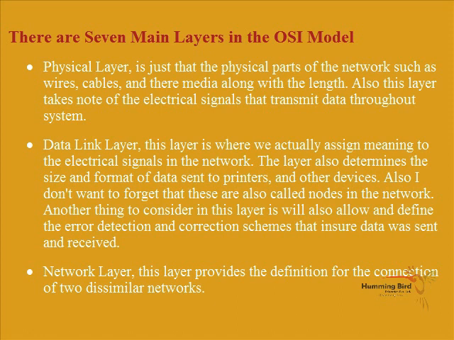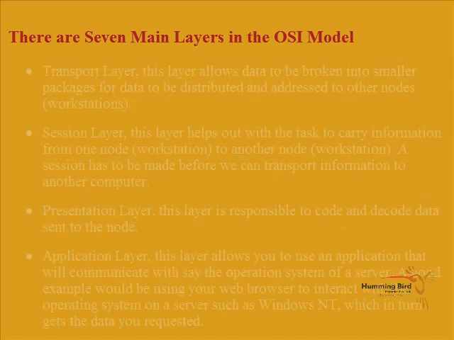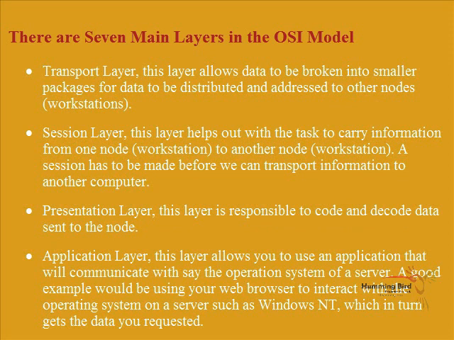Network layer. This layer provides the definition for the connection of two dissimilar networks. The other layer is transport layer. This layer allows data to be broken into smaller packages for data to be distributed and addressed to other nodes'